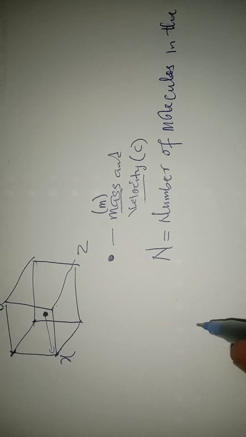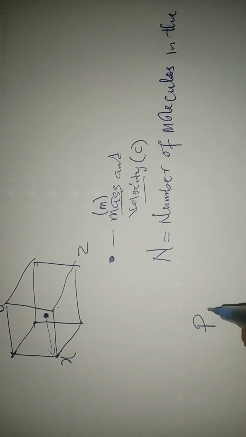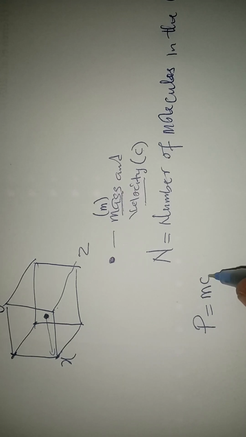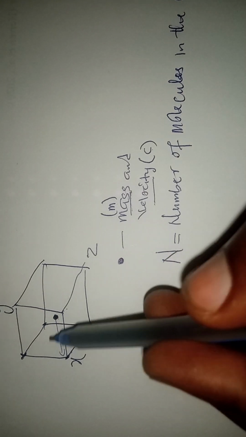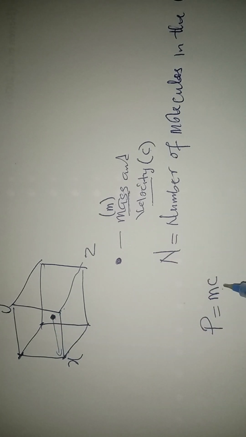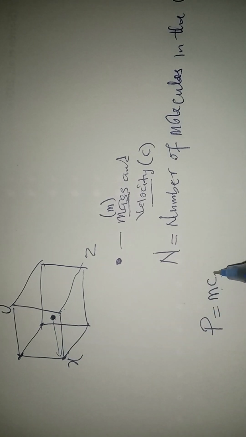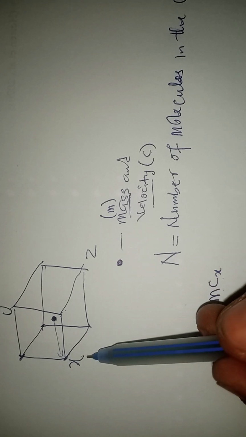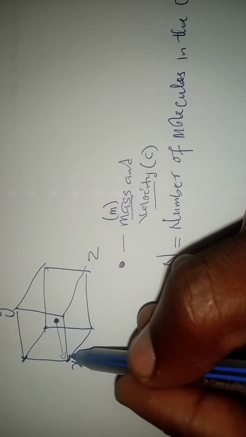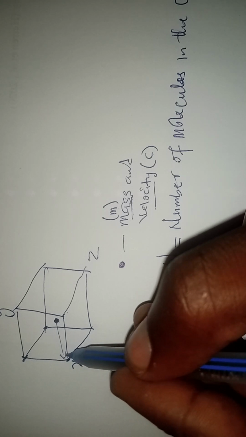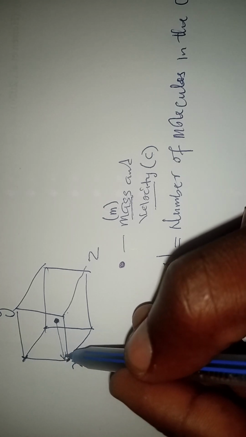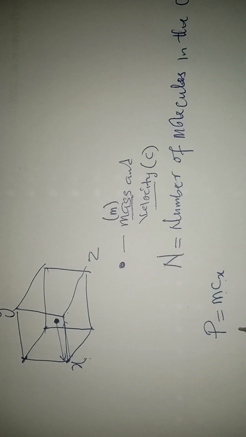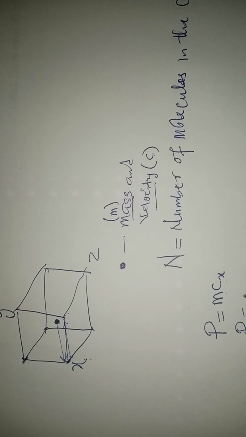it means that it is easy to get their momentum. P here represents momentum, so momentum is equal to mass times velocity. So if it moves in this direction, we have momentum is equal to mc. We can use x because the velocity is in the direction of x. Then if these molecules strike or hit the walls of the container, they will rebound back. So therefore our momentum will now change to be